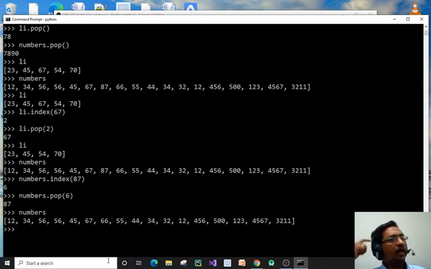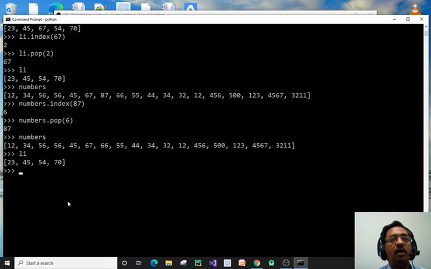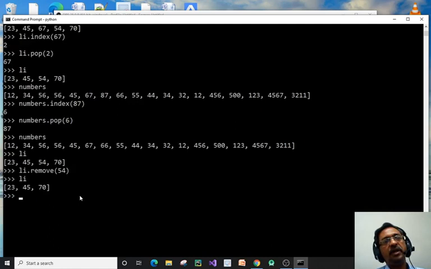So to remove any element from a list, there are different techniques. The first method is just remove the top element, that is with the help of pop, and if you mention the position, it will remove the element present at that particular position. Now if you don't want to use pop, we can remove elements another way. First of all check what is there in li. Now I want to remove 54, I can use here directly remove 54. Now if you check li, it gets removed.